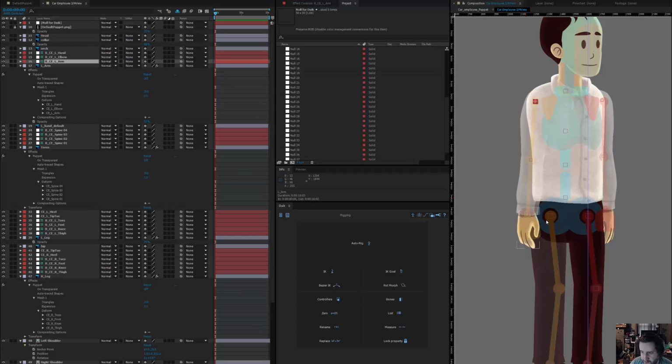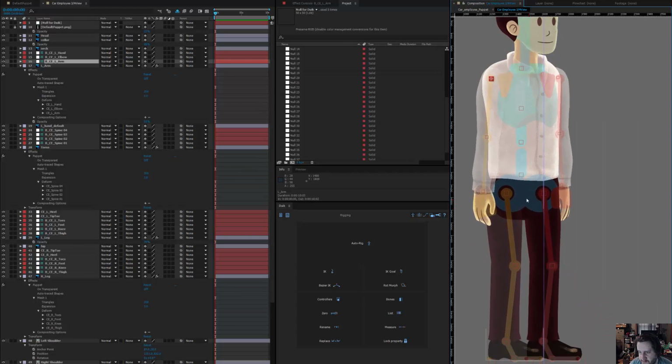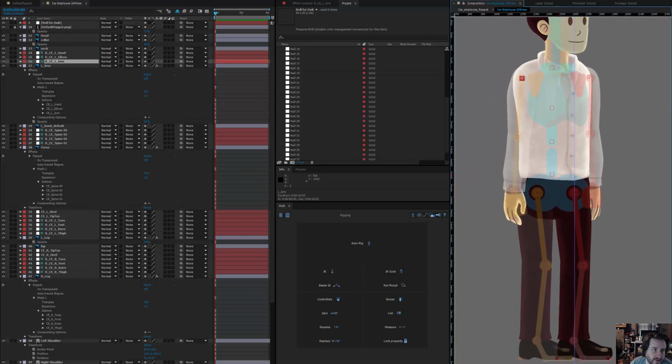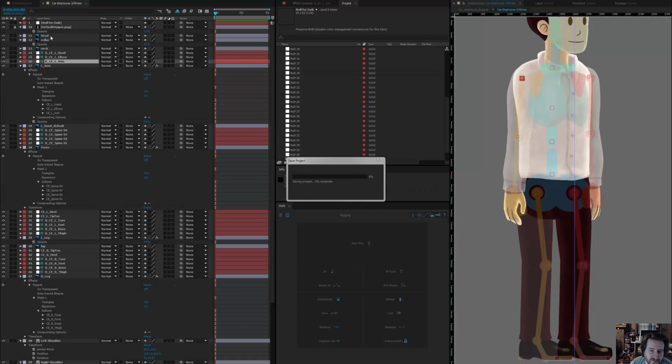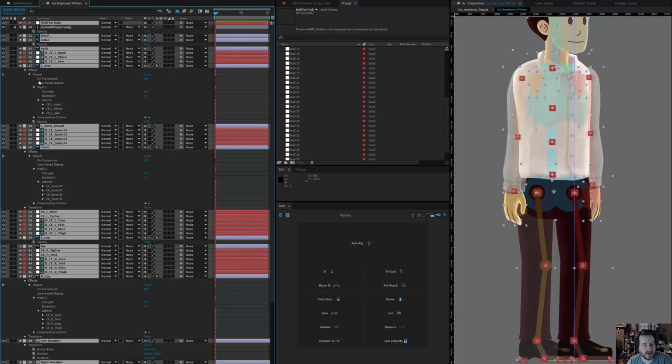Great, great, great. And I just want to give this a quick once over. And I think we're good. So what I'm going to do is save. Saved. And now what we're also going to do is select everything,